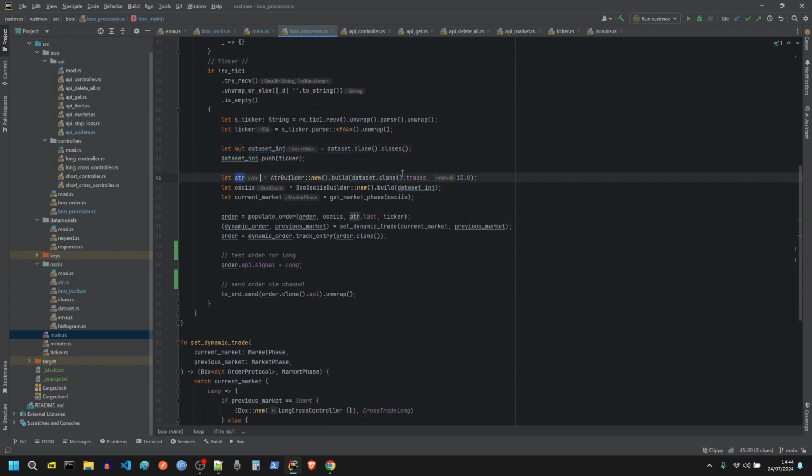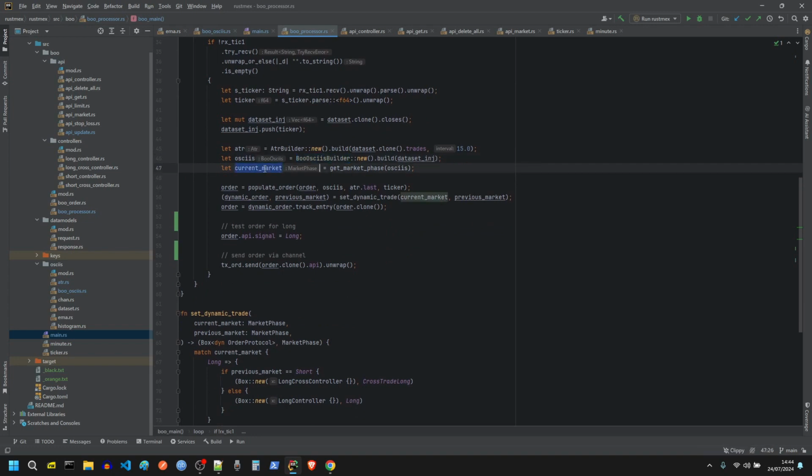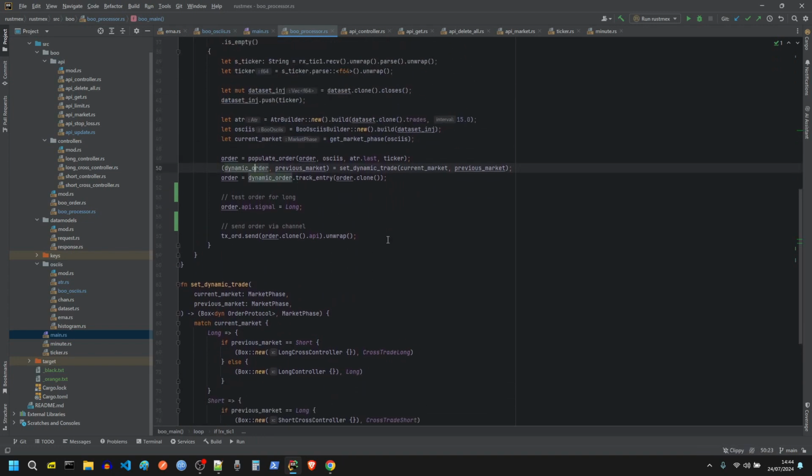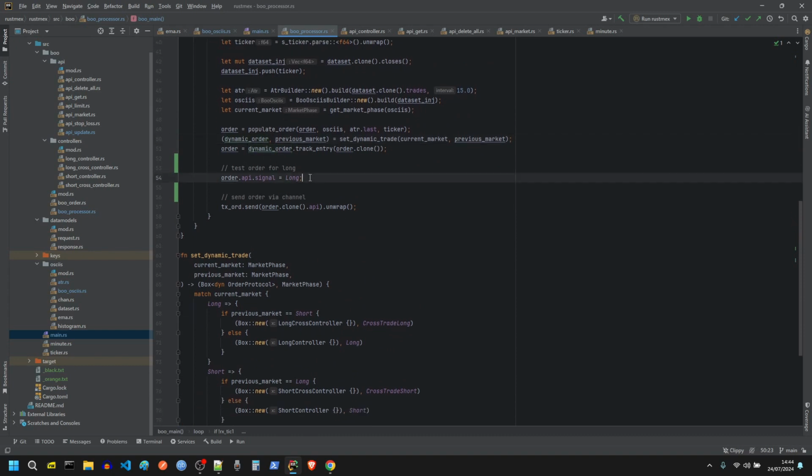We have our ATR built with the interval of 15. We have our oscillators from the Boo builder. That's all good. We have our current market position set because we now know, based on our oscillators, whether or not we're long or short. This is just a test. We don't have to have that in there. And this is when we send this thing over to the